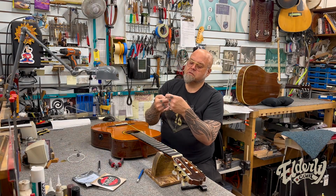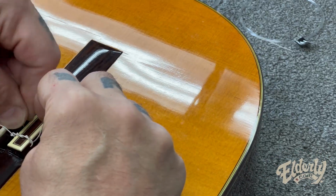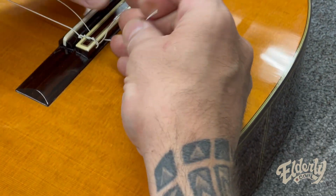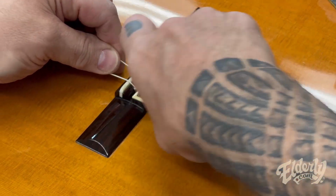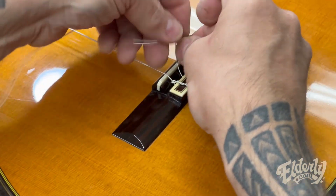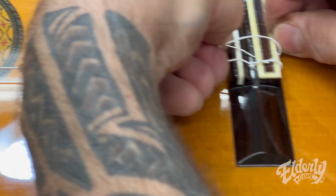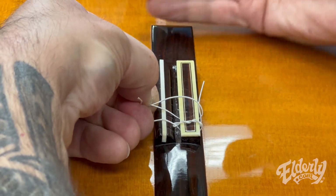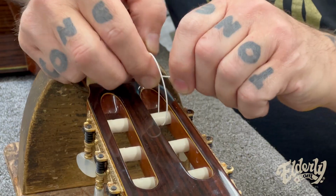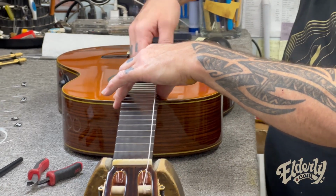So for instance, the A string, if I did this and tied them all together, you go through the hole, pull this through, and then you can tie this the same way. And then that locks all the ends. Typically, then you've got these all tied together, which is a good starting place. Then when you secure the strings, you can tie them on at the top and tune them up and stretch all the strings out. If you have any questions, just let us know, but